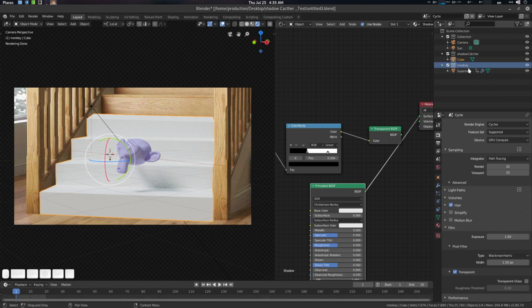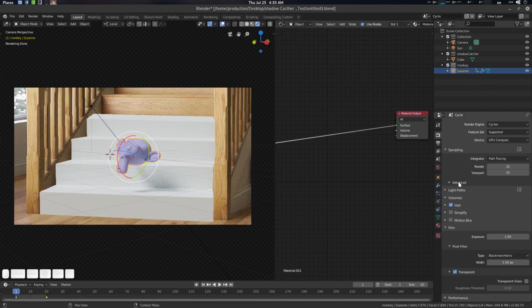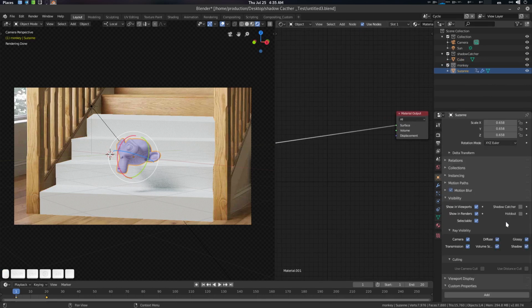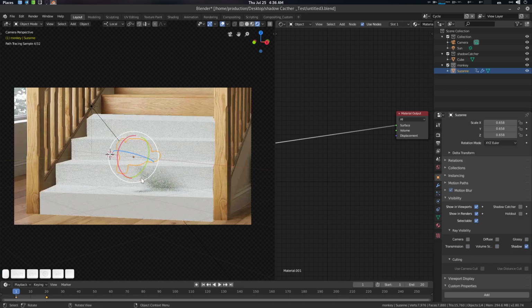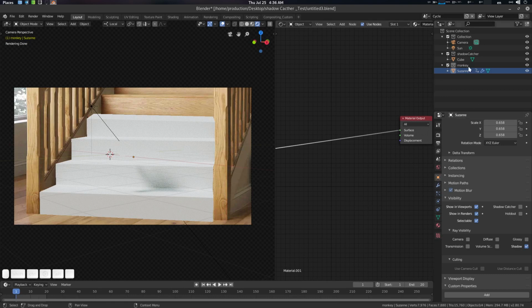So let's go to the object panel here, and I'm going for invisibility. So camera, invisible, diffuse, glossy, I don't need those, I just need the shadow. Okay, first thing first is done. And then go to the shadow catcher cube,